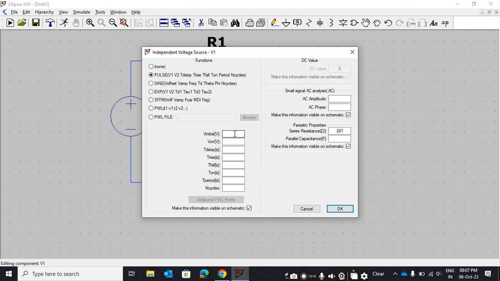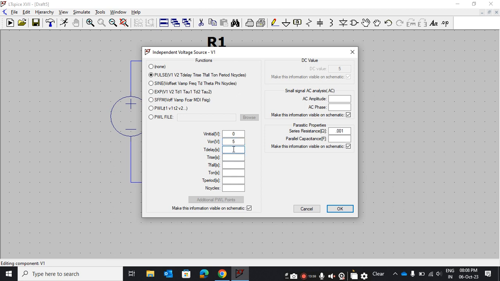Initial voltage means from how much voltage you want to start, from 0 to 5 volt or whatever. So here you can put 0. Then V on, the voltage, 5 volt we can keep.